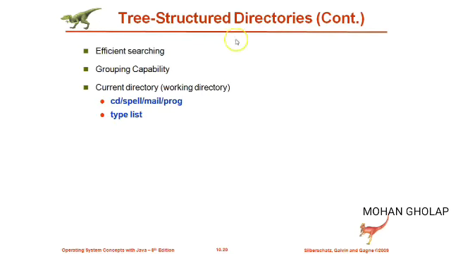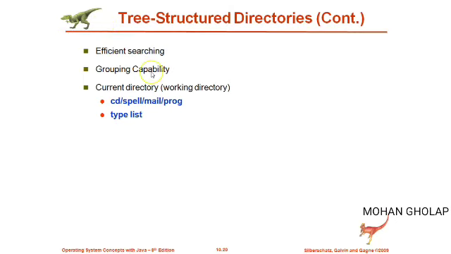So after this, we'll continue the discussion of these tree structured directories. These are the advantages: we have efficient searching here. If you consider user 1 has around 30 files, and you go with the two level hierarchy, the user 1 directory contains the 30 files. If you want to search for a file, you have to go through all the 30. But in the tree structured one, user 1 itself may have 4-5 directories, and in those the files will be divided. That's why the number of search operations is reduced here.